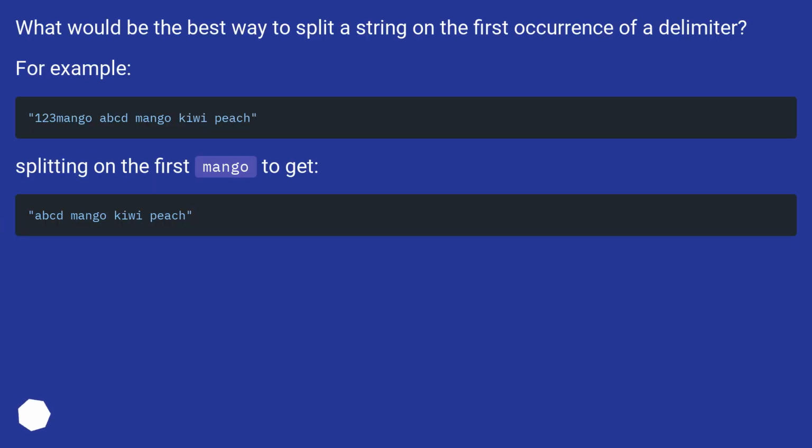Splitting on first occurrence. What would be the best way to split a string on the first occurrence of a delimiter? For example, splitting on the first mango to get